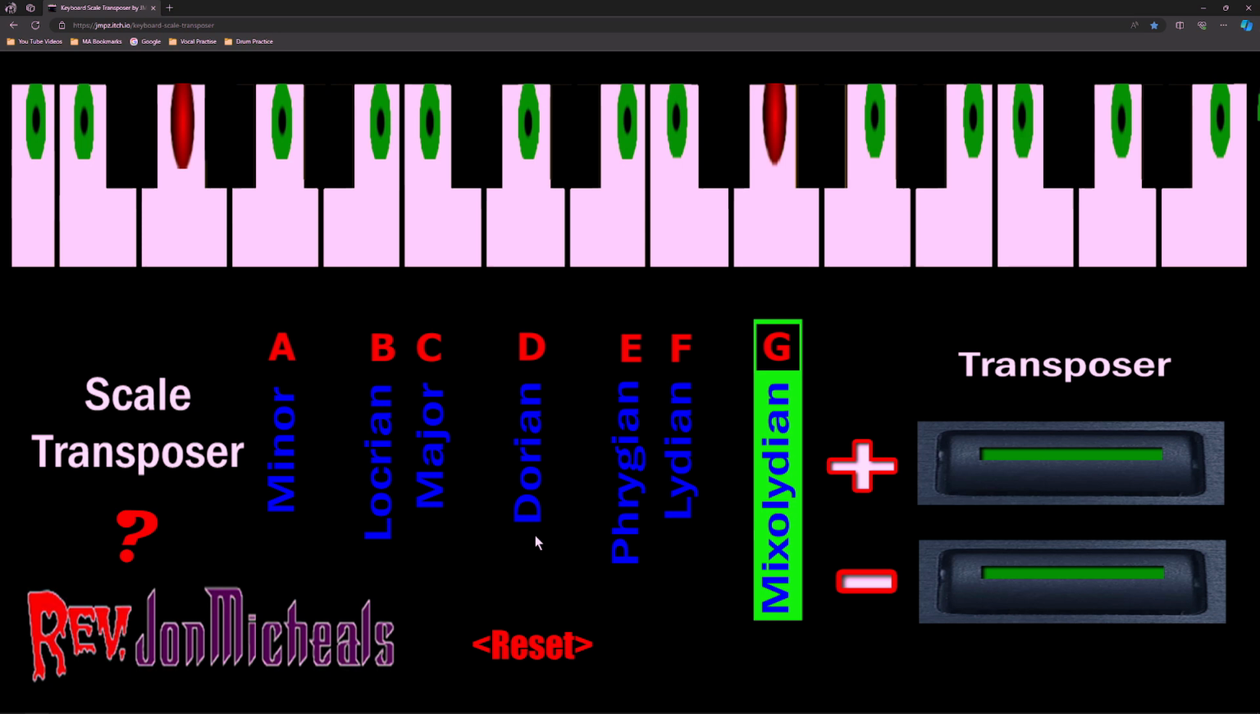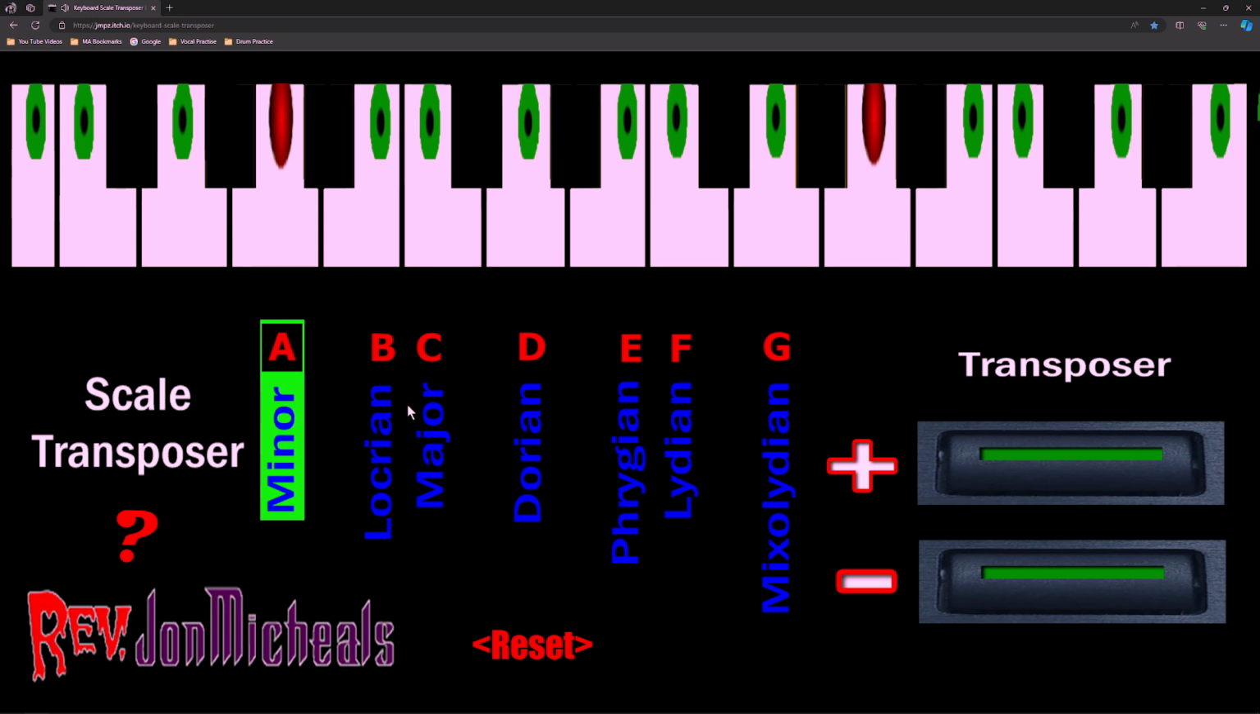So, two things you need to look at when you're using this transposer. One, look at it as comparing scales to scales, as I've said on guitar, and now on keyboards. We'll go over here and now you hit the plus and minus to transpose this. So let's go over here to